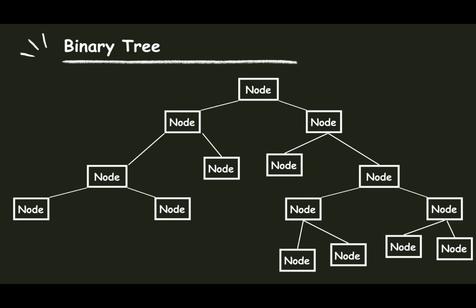We have a full binary tree where each node has 0 or 2 children. We have a complete binary tree where all levels are filled except possibly the last level, and the last level has all nodes as far left as possible. We have a perfect binary tree where all internal nodes have 2 children and all leaf nodes are at the